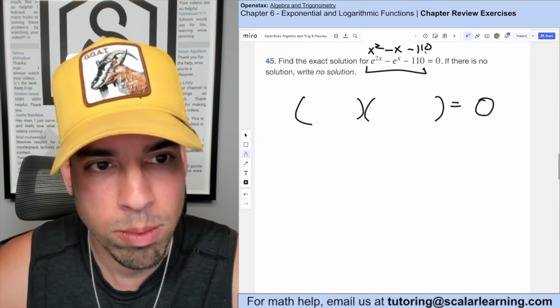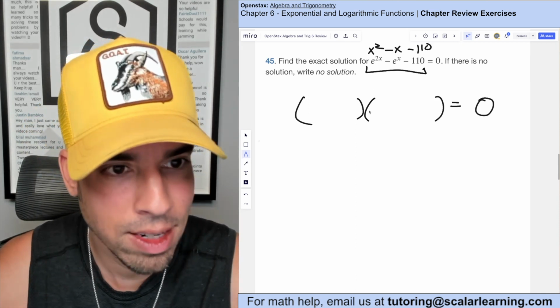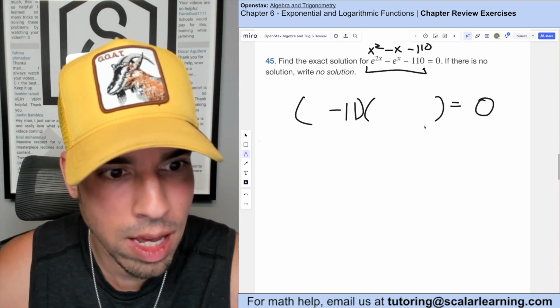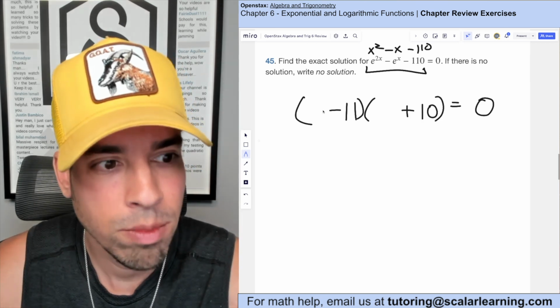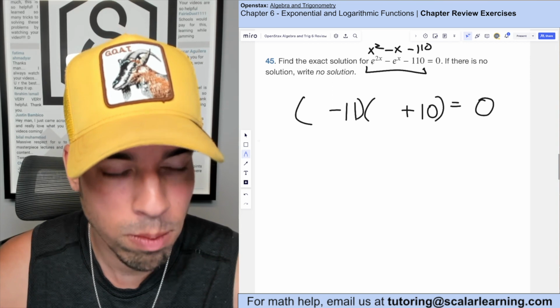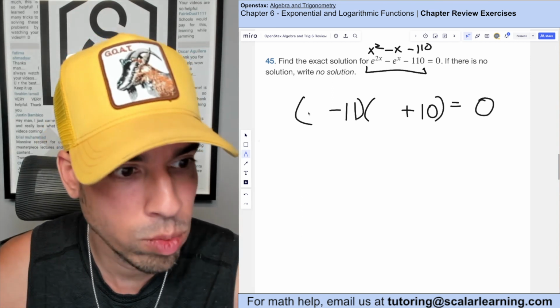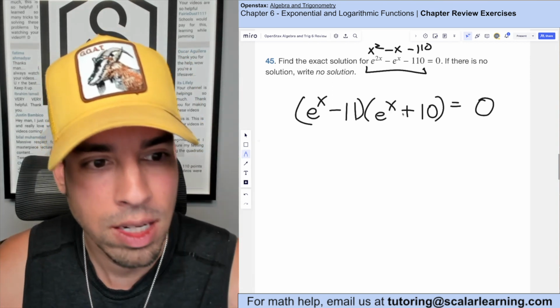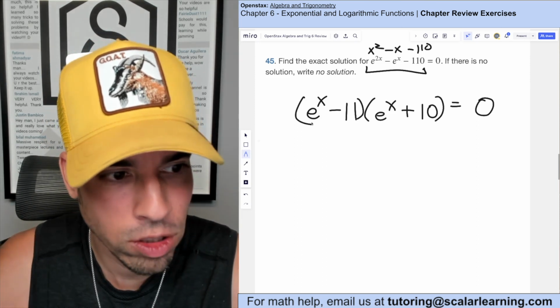I would say, what two numbers multiply to negative 110 and add to negative 1? That'd be negative 11 and positive 10. And then instead of putting x and x here like a typical quadratic, it's what two values multiply together to give us e to the 2x? Well, that's e to the x, right? So now I've got this nicely factored, and now I've got two equations for this